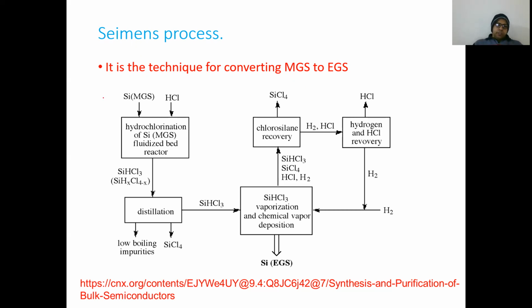So here you have metallurgical grade silicon along with hydrochloric acid, and hydrochlorination is being done. So why is it being done? To get all the impurities to react with this acid, and they are taken out. So here you can see trihydrochlorosilane is there. So distillation is being done. Low boiling point impurities will be taken out, and trihydrochlorosilane is entered into the chamber, and from there you can see vaporization of this is being done, and silicon will be taken out.